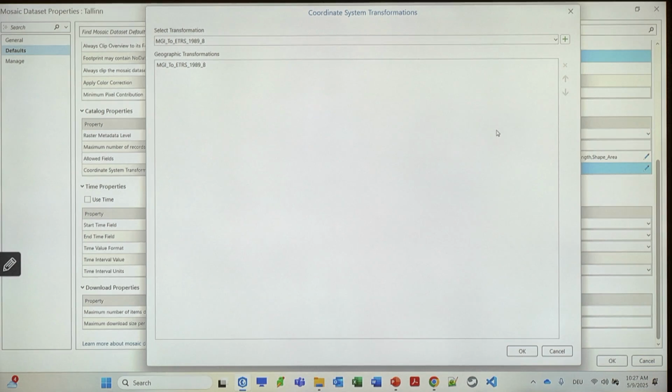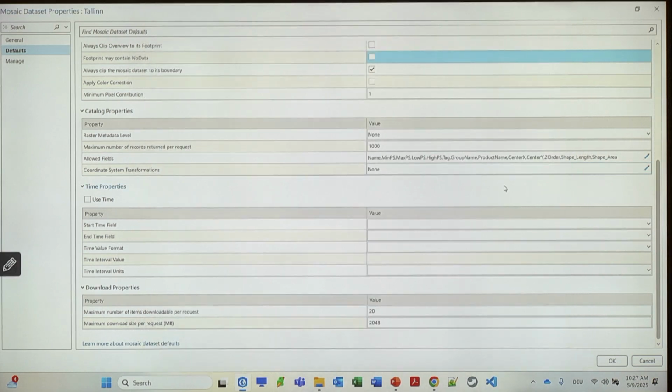Now if the Mosaic dataset gets the request to supply an image that requires this kind of transformation, it will look up the list and it would use this one instead of the one that is in the system in the backend. This becomes again really important when you do services where the end user doesn't have a high-end client where he can decide these things. You preset this information and you do it on the level of the Mosaic dataset. Then we have the time settings, you can deal with those